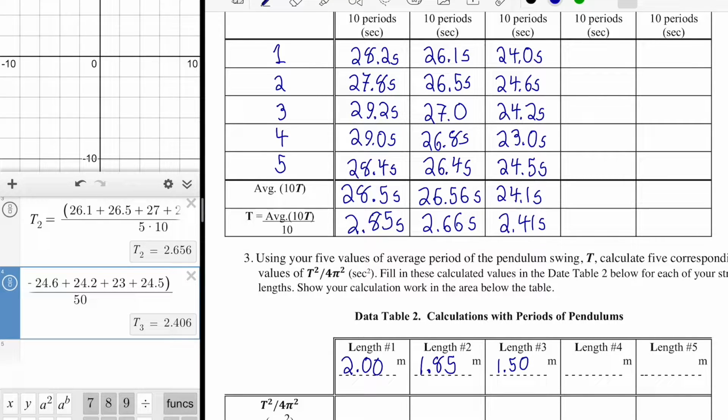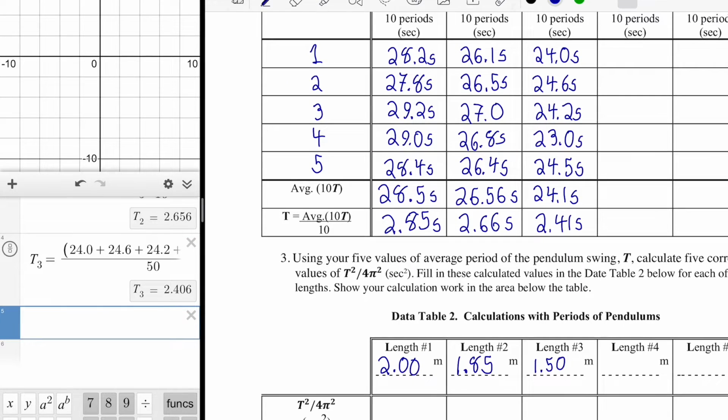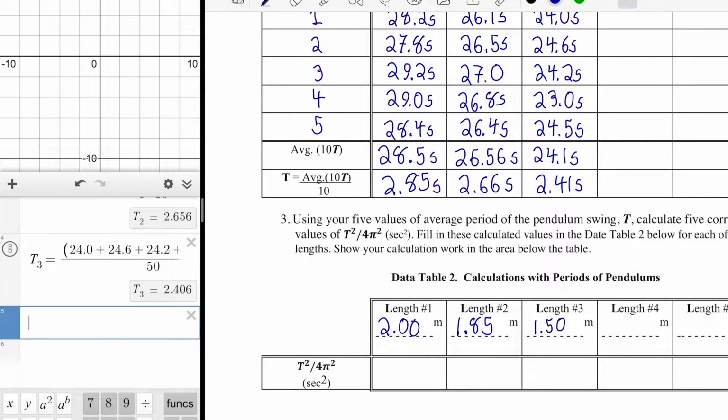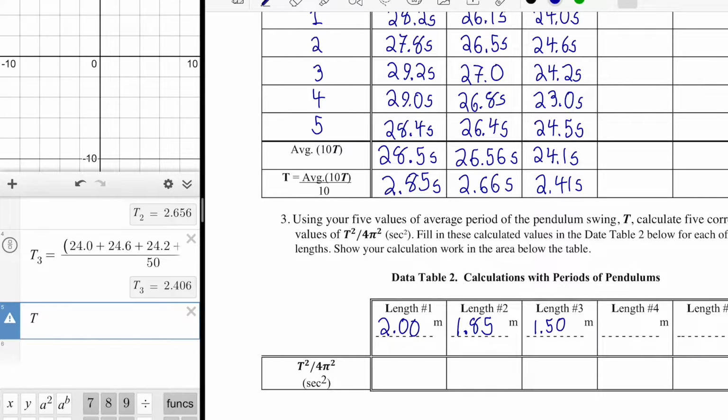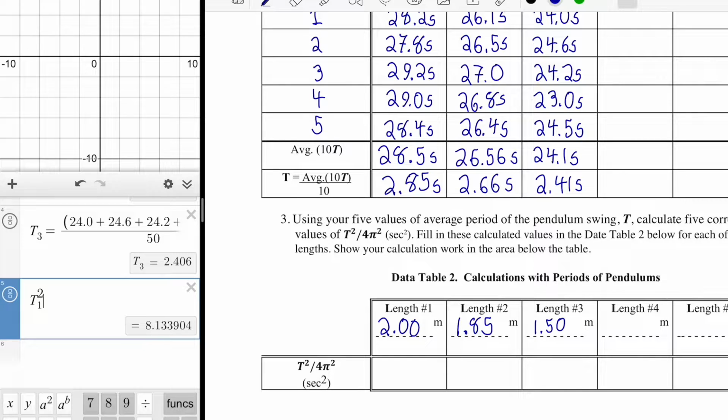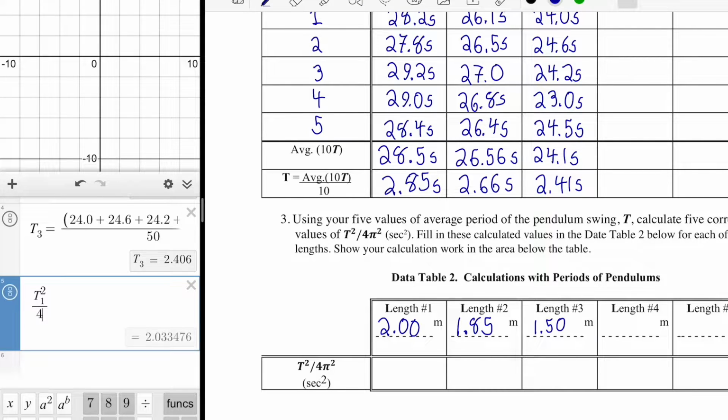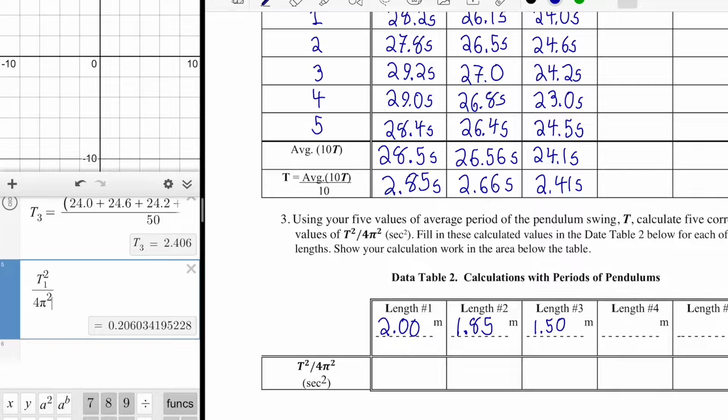Okay, so now let's calculate this value, T squared over 4 pi squared. We're going to do it for each one. I'm going to have one calculation for T1, that corresponds to length 1, and so on for length 2 and length 3. So let's go ahead and show that. This is just going to be the first one. We'll take our variable, T1, and we're going to square it, which is part of the formula. That's all explained in the theory at the start of the lab, and then 4 pi squared. Okay, so the value we got here is